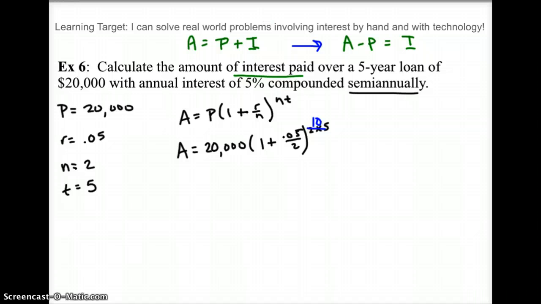So remember, do the parenthesis first. 1 plus 0.05 divided by 4. Oops, sorry, divided by 2. 4 was last time. Hit enter. Keep that on your screen. Hit your power button, and you're going to take the answer and raise it to the 10th power. Hit enter again. Keep that answer on your screen. Multiply it by 20,000. And what I got, A equals